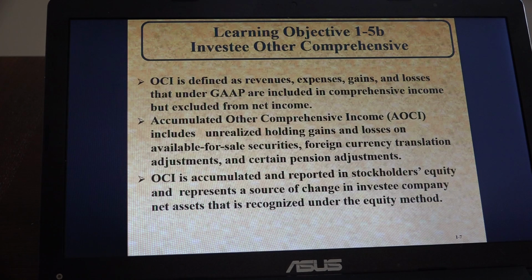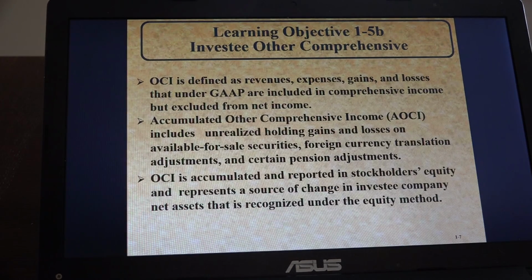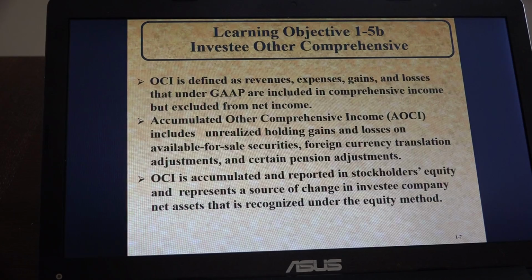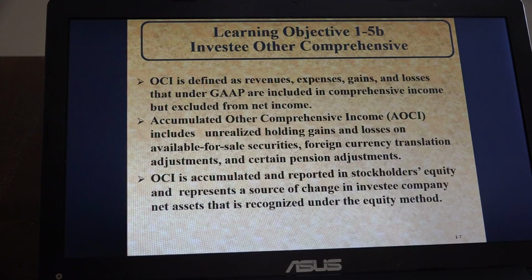Norris reports 2014 net income of $500,000. They also report $80,000 in OCI from pension and other post-retirement adjustments. And so Charles Company would accrue earnings of $150,000, which is